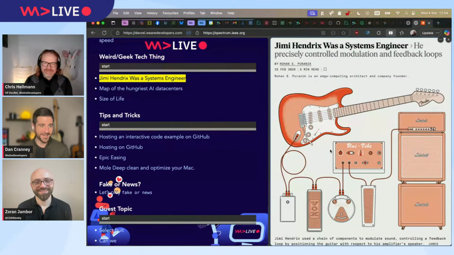So this article was great because it does go into why, and a lot of it is about him doing things that are wrong, or using noise, using things that you shouldn't, quote unquote, use, and that he effectively just stepped outside of all of the rules of music and guitar and just did whatever he wanted. Something that, to loop it right back, AI will never do, because it can only copy things that have already been done and then look for the rules and follow them. So even though it seems like a tangent, this article is trying to get to the bottom of what is that human element that we can recognize, even if we don't know why or how.